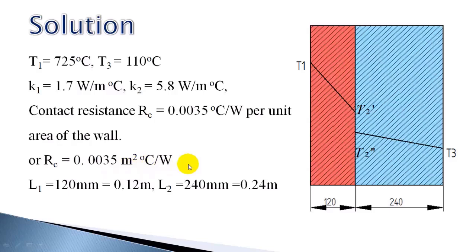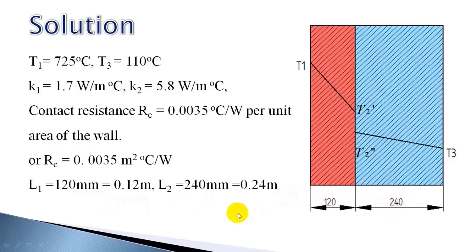Or instead of writing this per unit area specifically, you can write the unit as 0.0035 meter square degree centigrade per watt, or meter square Kelvin per watt. It's all the same. It's a difference in temperature, so it's degree centigrade or Kelvin you can express. All this you can express in Kelvin also. So the thickness of the first layer is 120 mm, it is 0.12 meter, and the second layer is 240 mm,